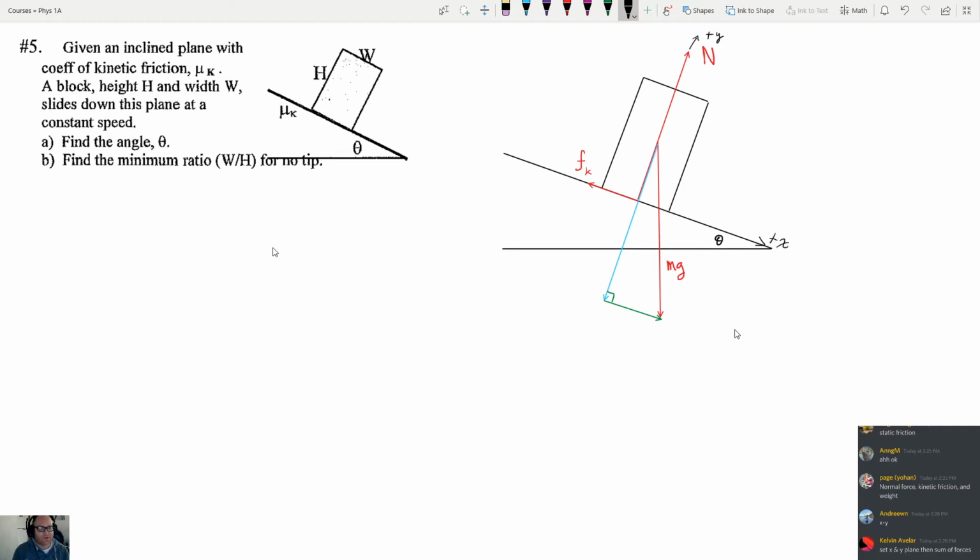Now, I've shown you all how to do this before. I'll go through it again, but the simplest way to put it is that if this angle right here is theta, then this angle is 90 minus theta. So that means that this angle up here needs to be theta. But there's kind of another way to do it too. If you know that in the triangle that I have here with the blue and the green legs and the red hypotenuse here,